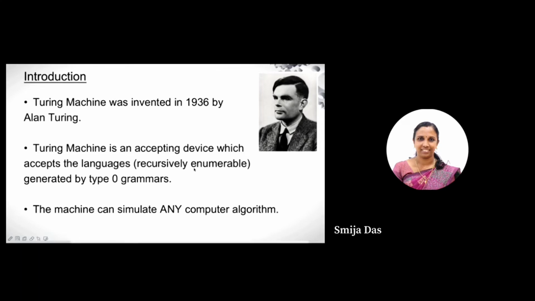All modern computers are in essence a type of Turing machine known as universal Turing machine. Everything humanly computable can also be computed by the universal Turing machine. Turing machine is an abstract computing machine that encapsulates the fundamental logical principles of the digital computer. So, the Turing machine can simulate any computer algorithm.